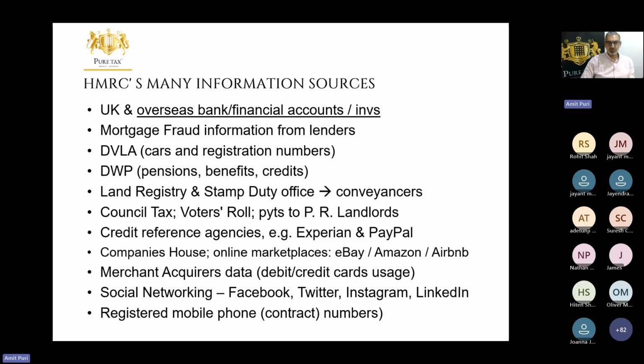Mortgage fraud information from banks has been coming in for years. Work and pensions and DVLA send in information all the time, which HMRC have at their fingertips. DVLA interestingly tells HMRC about number plates as well as the ownership of cars. Not how much they've been bought and sold for, but certainly who owns them at any time. Land registry is one of the important ones for HMRC, certainly used in lots of inquiries where properties have been bought and sold. So that information is quite important. HMRC get to see who the lenders are, as well as the conveyancers and the lawyers that are involved in transactions as well.